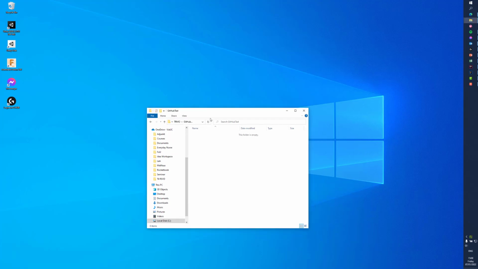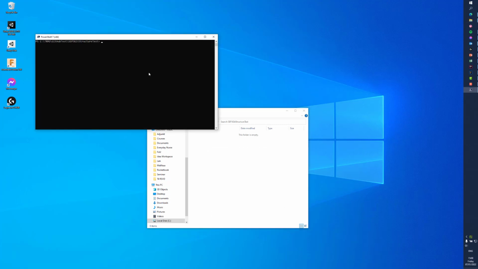I have a folder here, just a test folder, so this is where I'm going to create the repository. I'll start by creating the folder that's going to contain everything, so I'll call it SEP3 Git structure test, whatever, doesn't matter. Maybe yours is just named SEP3, because that's your project. I then want to initialize a new Git repository in here, and I can do that by right-clicking, go to PowerShell, open here, and with the command git init, we are going to initialize a Git repository in this folder,